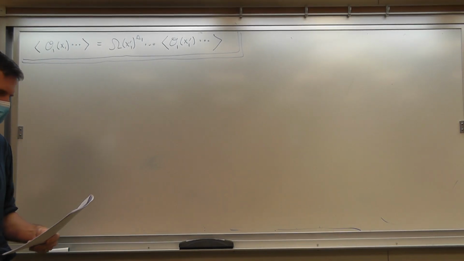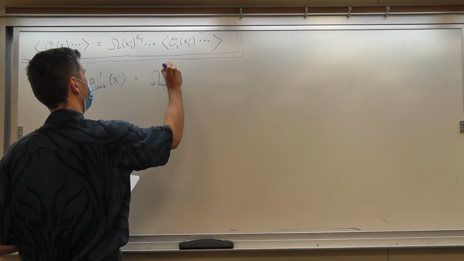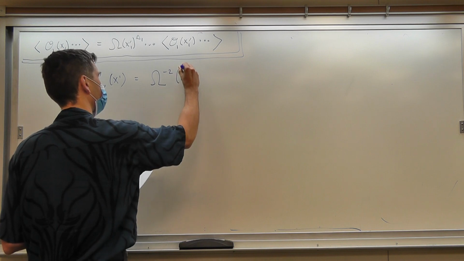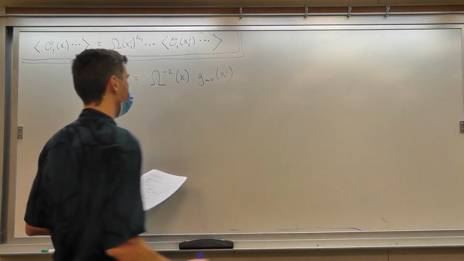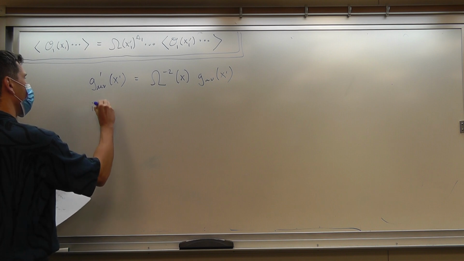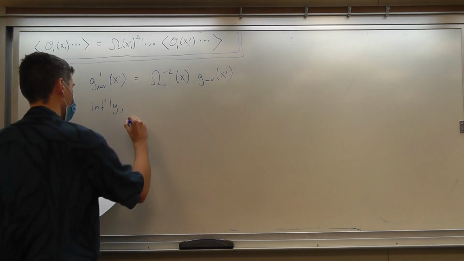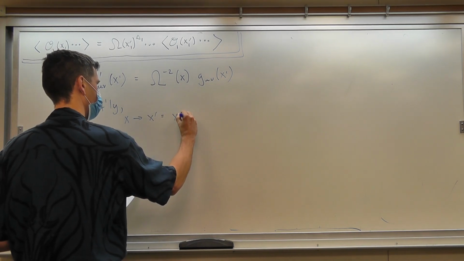Quick recap. If we have a conformal transformation, it means that there's a diffeomorphism such that g prime of x prime is equal to omega minus 2 of x, g mu nu of x prime. Infinitesimally, if we take x to x prime, which is x plus epsilon,